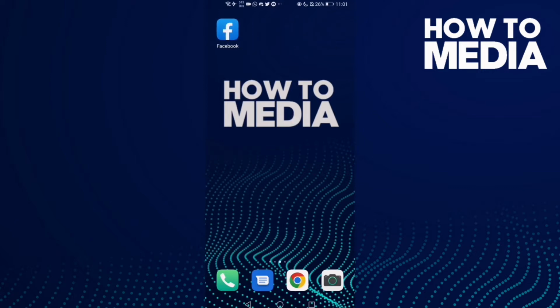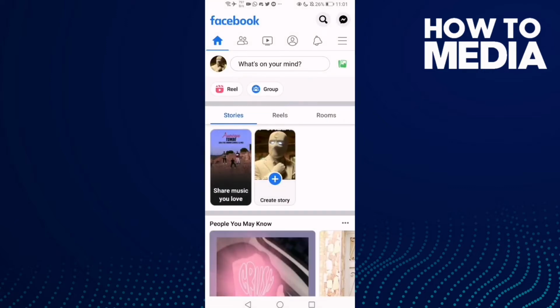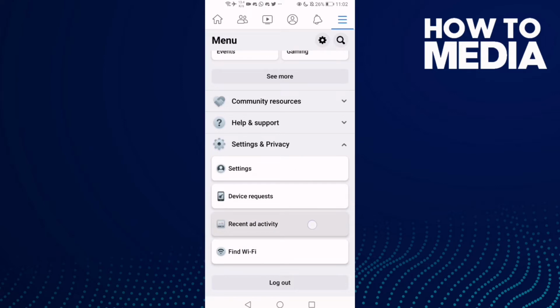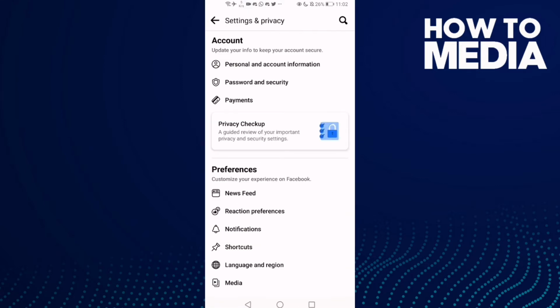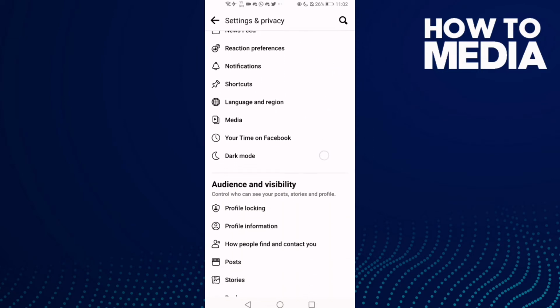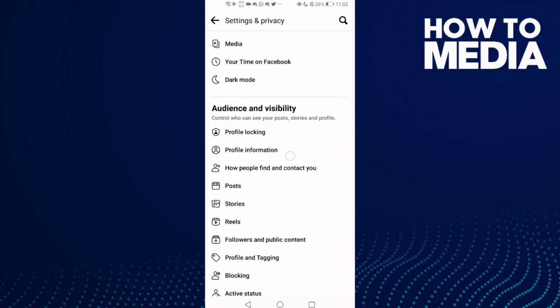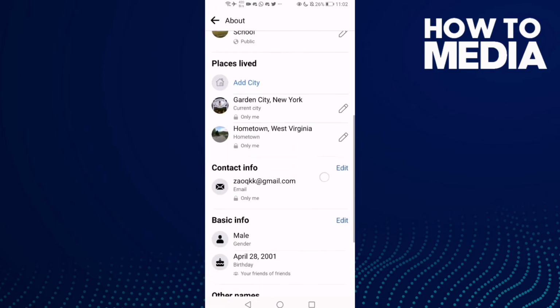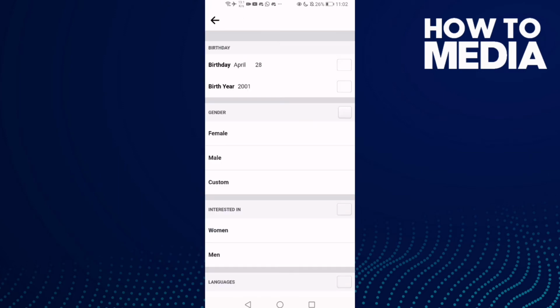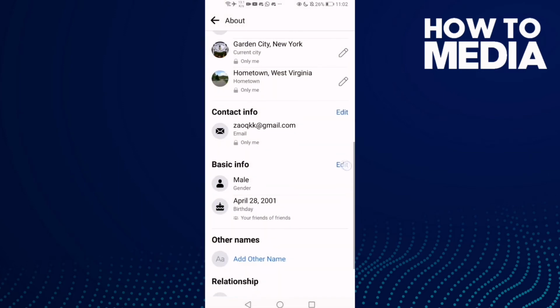First thing you're gonna do is go to Facebook and then click these three lines here and go down until you find settings and privacy, and then click settings, and here all you need to do just go down and click profile information, and then click this one, basic info. Click on edit here,